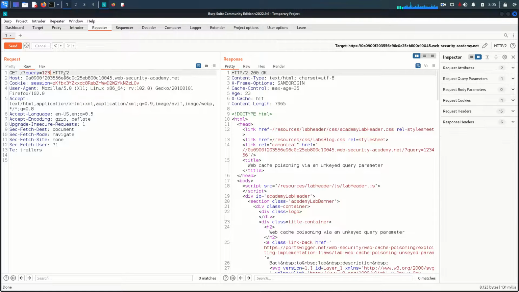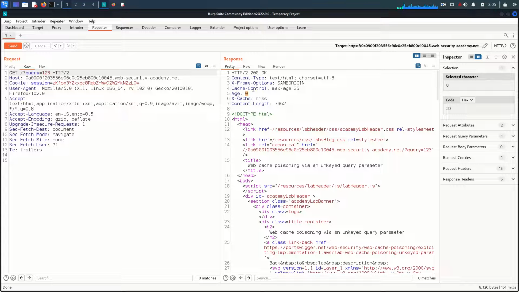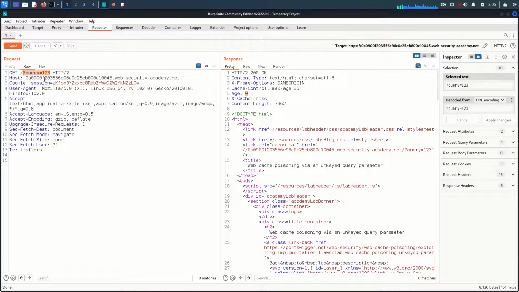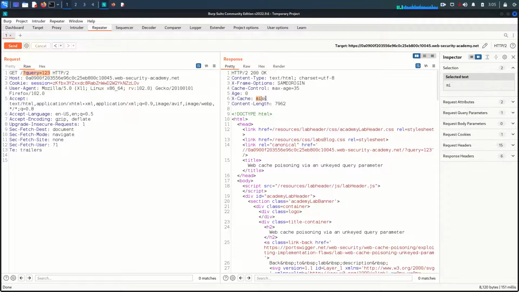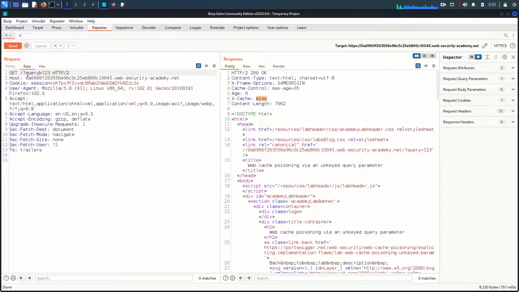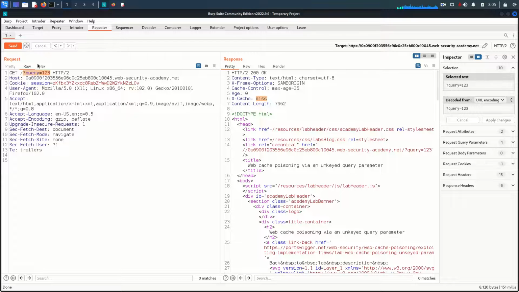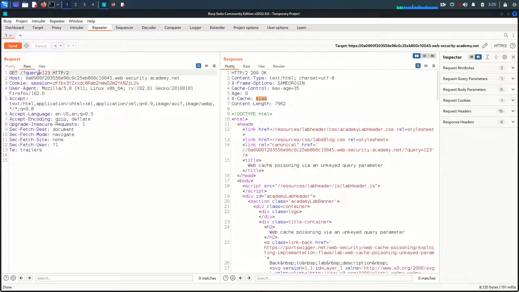But if we change this and send it, it should be 27, 29, 28, but this time, because we changed the query string and the parameter value, we get a fresh response from the server which was not cached. That means this query string is keyed in the cache. The cache is identifying this query string and this parameter, and whenever you change something, it is going to be cached as a unique request. But what if, let's say,